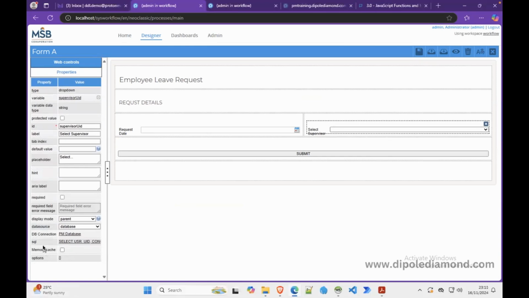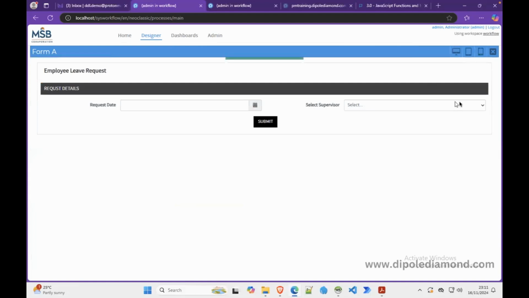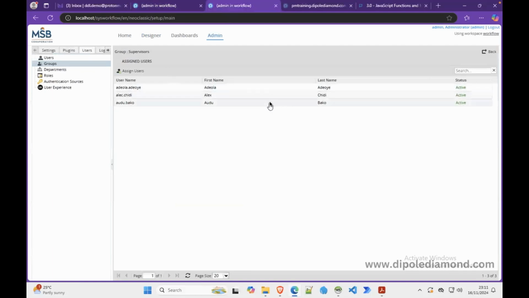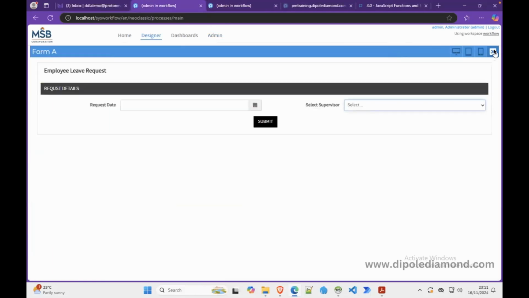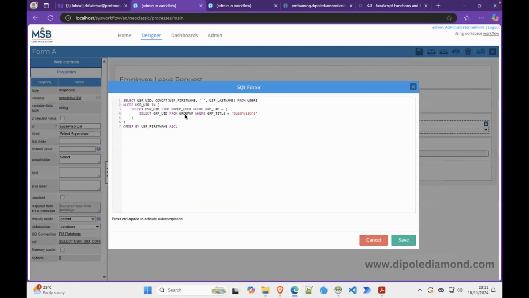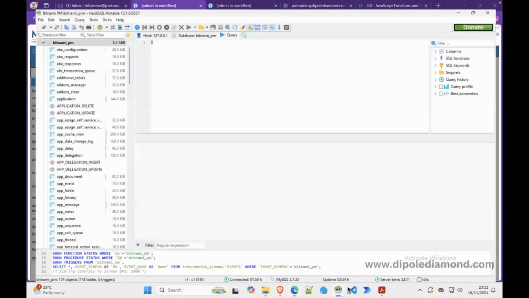and it's tied to its values. If you click on this, you see a list of values. You see that these three names are the three persons in our supervisor group, and that's because we are using a MySQL query to determine that. So let's see what the query is about. If I copy this query here and go to